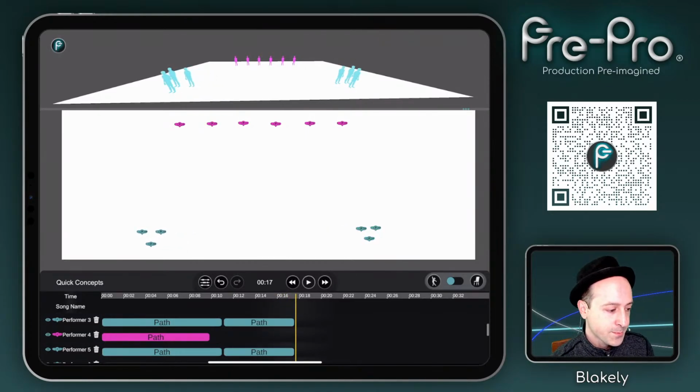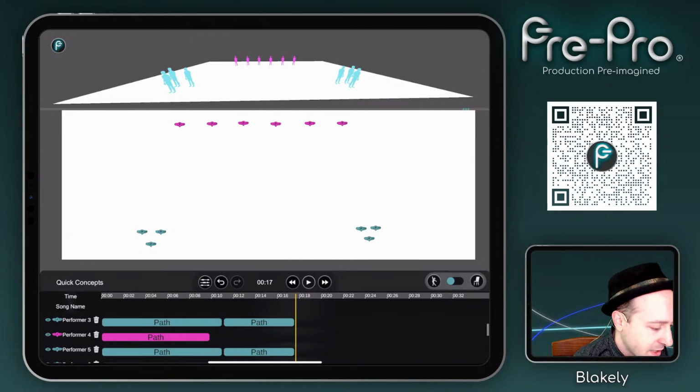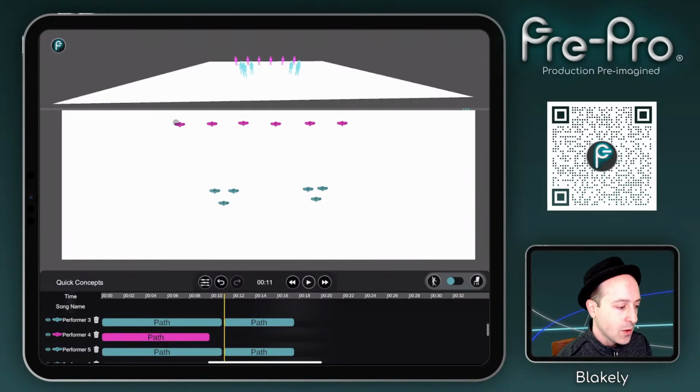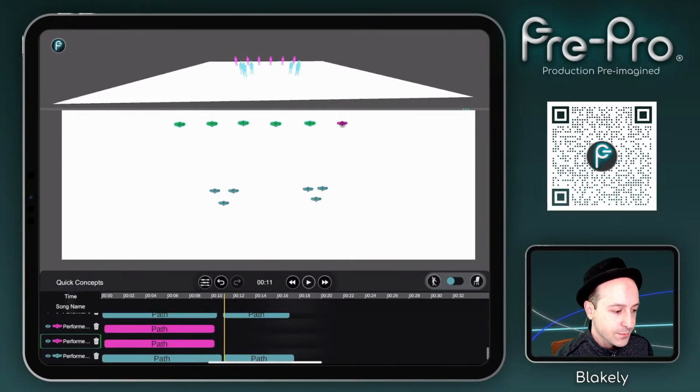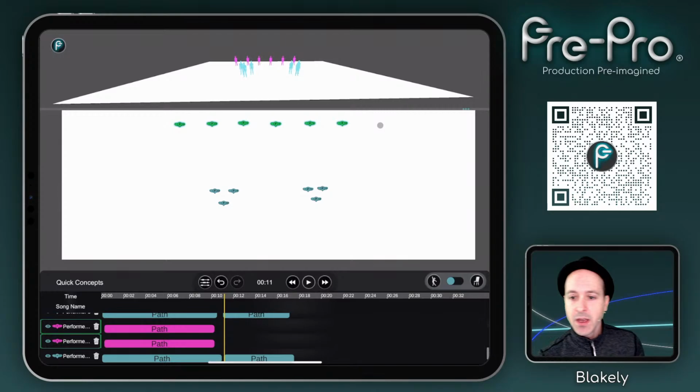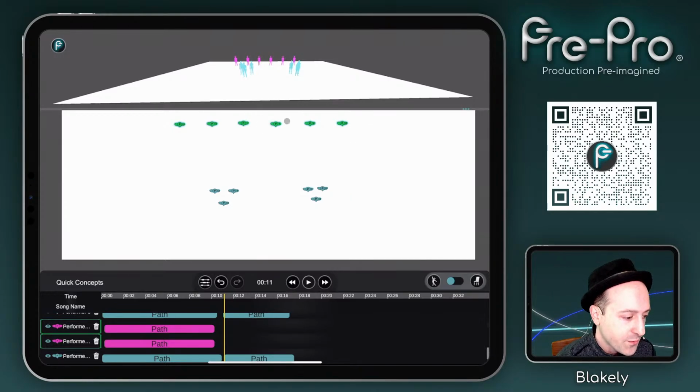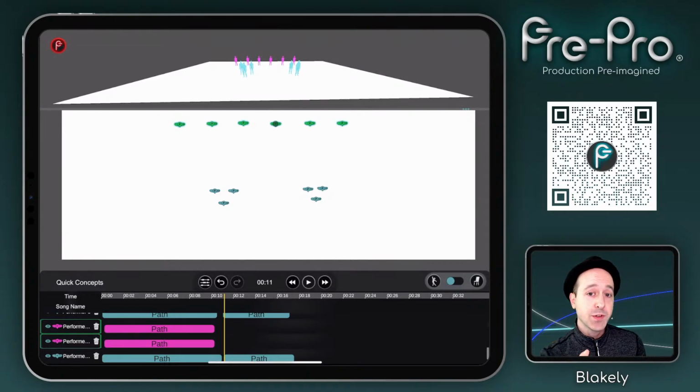Just like that. And now I'm going to jump back, and I'm going to select all 3 of the pink performers here in the back. And I'm going to use this performer, I think, as the one that I start to draw on. Now, you can use any performer to start the recording mode, but that doesn't mean you're stuck drawing on that performer. You can go ahead and start to draw your line on any of the performers that are involved